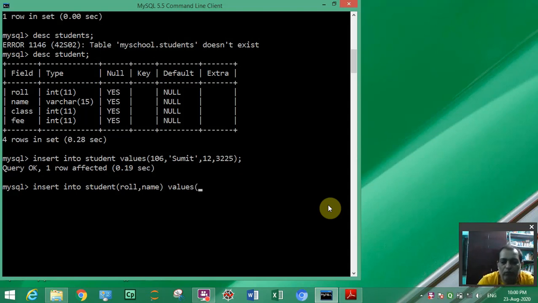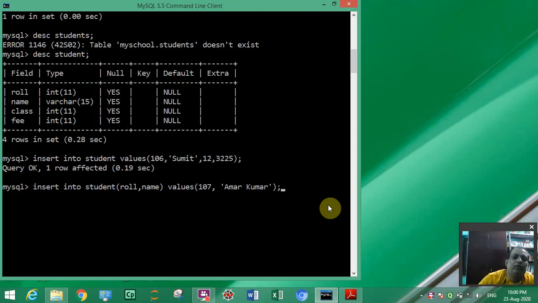Roll is suppose 107 and name is Amar. Okay, Amar is a string, so you have to write in single quote Amar Kumar, bracket close, semicolon.